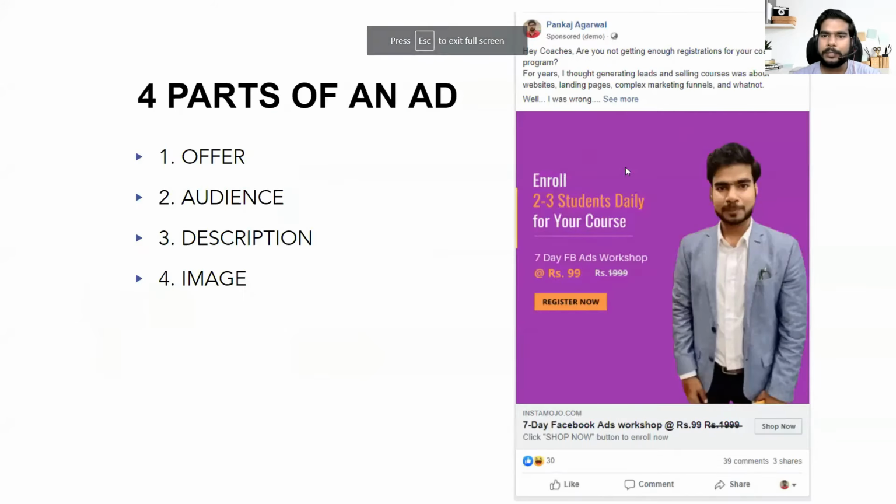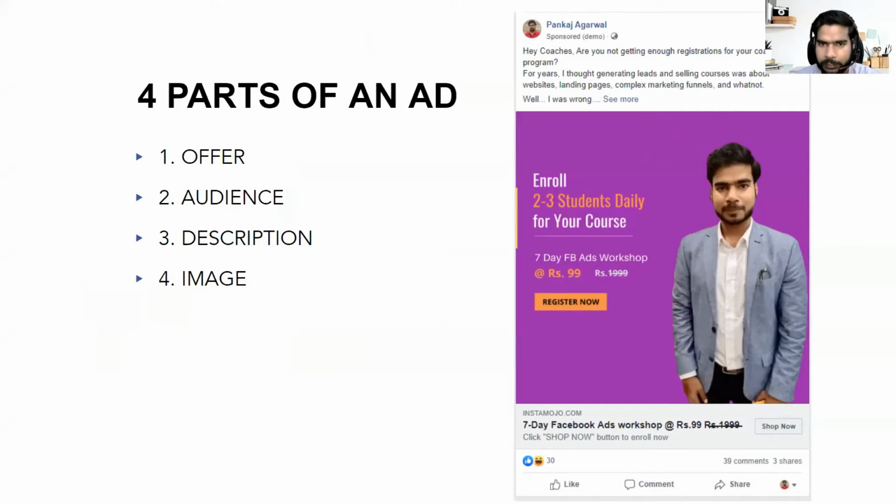Description is nothing but more details about your product. Before somebody goes to your landing page, they want to read more. This ad is saying enroll to the students for your course, 7 days Facebook ads workshop. But what am I going to learn more? In one line I've given my offer, but people will ask what more they are going to learn.